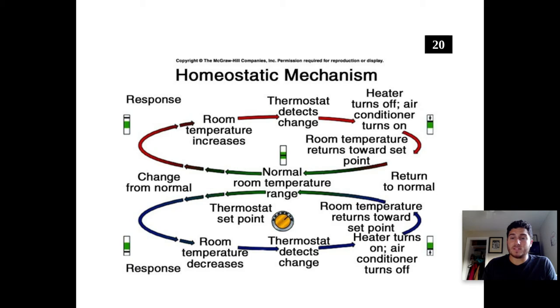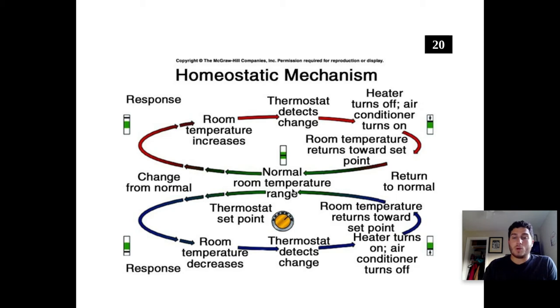In this case, it'll signal a different part of your house, a different organ, to do something else. In fact, it'll even do two different places, right? It'll tell your AC to turn off, and it'll tell your heat to turn on. So now your heater turns on, and it starts to warm up the house,